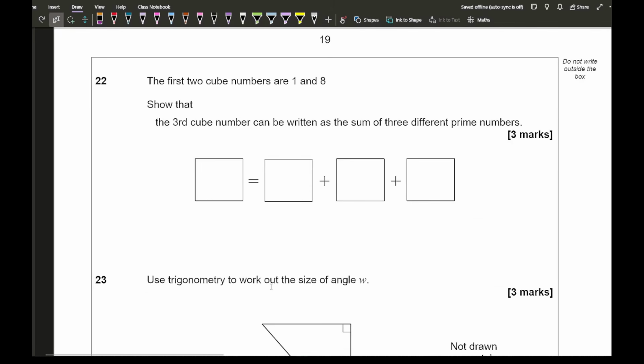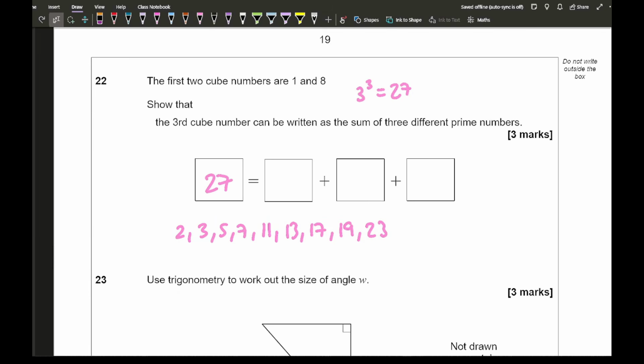Moving on to question 22, it says the first two cube numbers are 1 and 8. Show that the third cube number can be written as a sum of 3 different prime numbers. So here the third cube number is 3 cubed, which is 27. And what we need to do is write down prime numbers. So we've got 2, 3, 5, 7, 11, 13, 17, 19, 23. And that's it. So we want to pick 3 of these numbers that add together to give us 27,